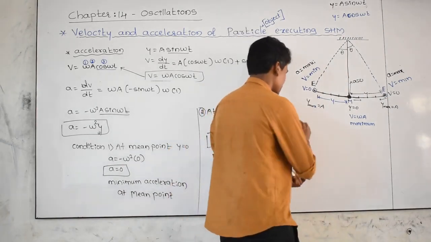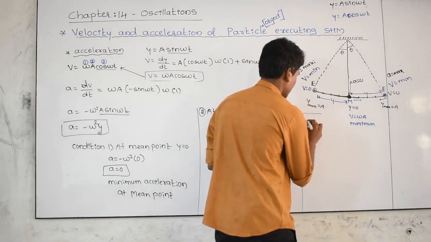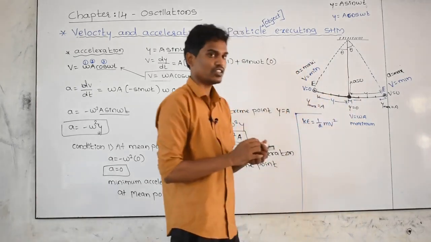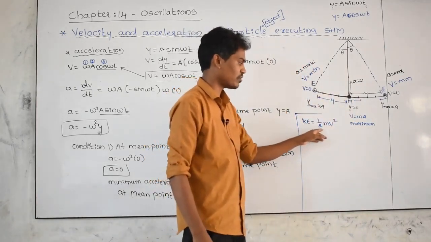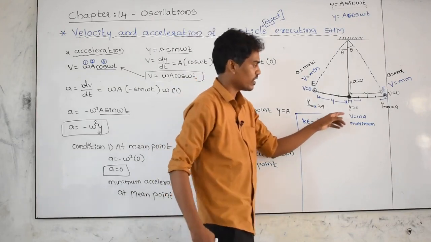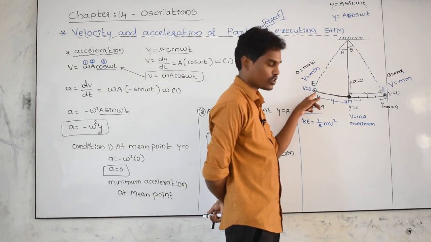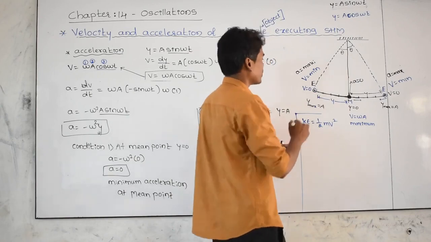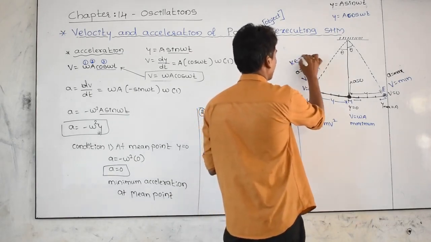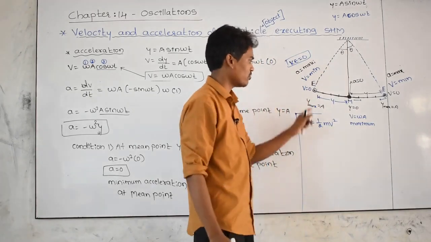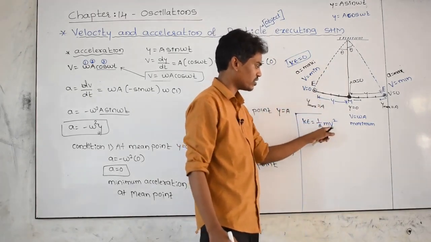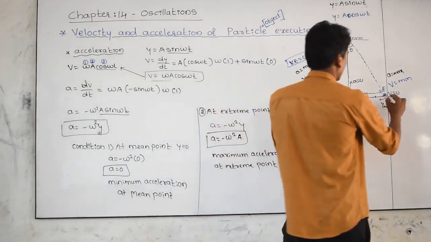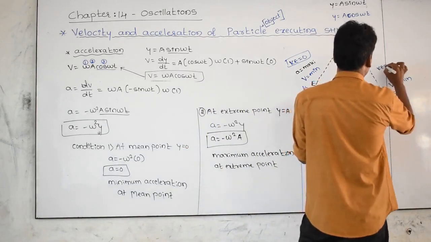And what about kinetic energy and potential energy? Kinetic energy is equal to 1 by 2 mv square. Whenever the object is in motion, the energy it possesses is kinetic energy, that can be found by using this formula. Whenever the object is at this point, velocity is equal to 0, then substitute 0, then everything becomes 0, so kinetic energy of the particle at this point is 0. Why? Because velocity at this point is 0. Substitute here, multiply all the things, kinetic energy becomes 0. At this point kinetic energy is 0, and again at this point kinetic energy is equal to 0.